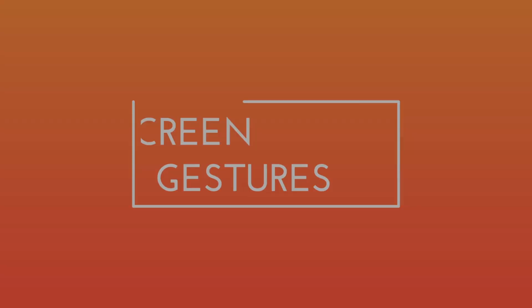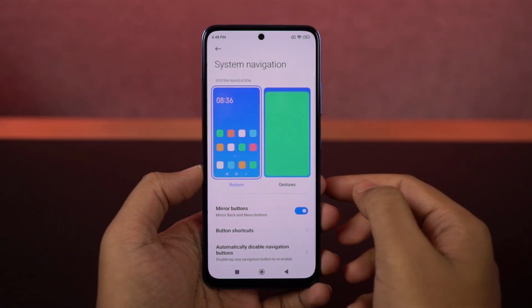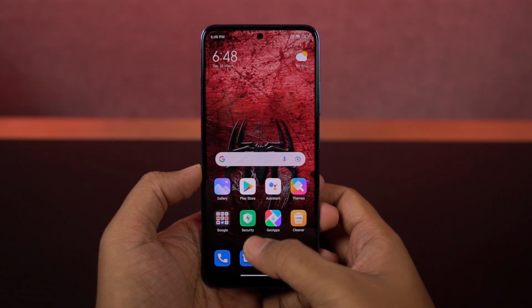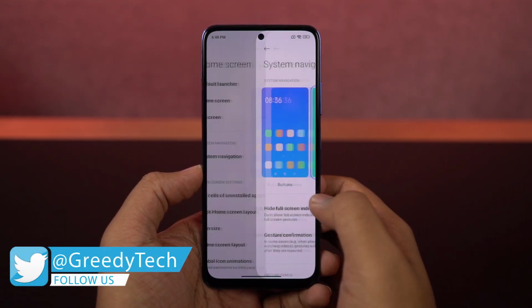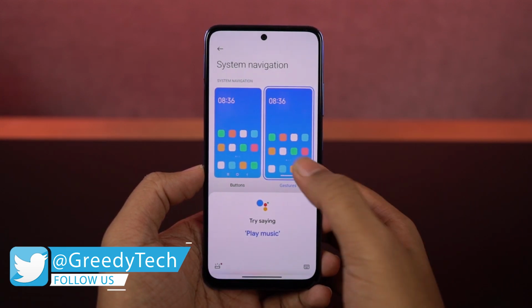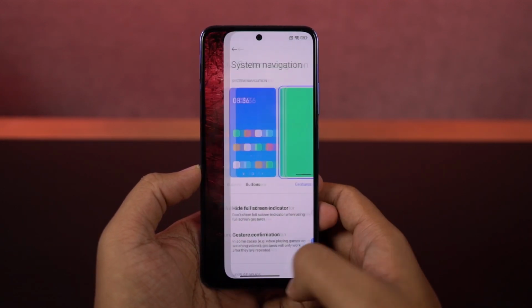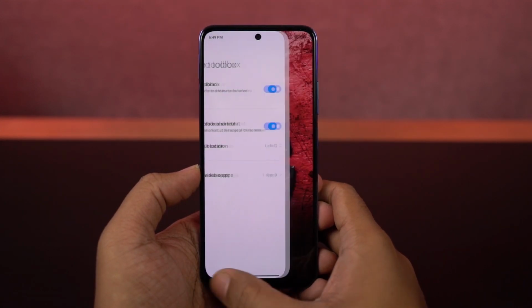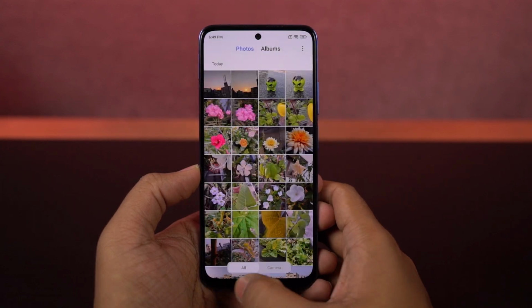With that said, first I'll start off with the navigation gestures. Now you can enable the full screen gestures from these settings, and once you enable it, you can swipe from the bottom of the screen to go home. Swipe and hold for recent tabs. You can swipe from the left side or the right side to go back a step. For Google Assistant, you can swipe from the bottom left corner or the bottom right corner. And just like on iOS, you can just swipe left or right on the bottom bar to quickly switch between